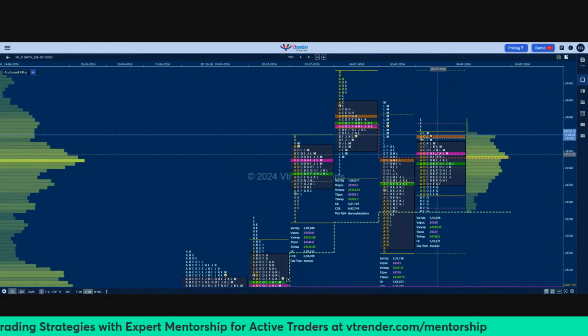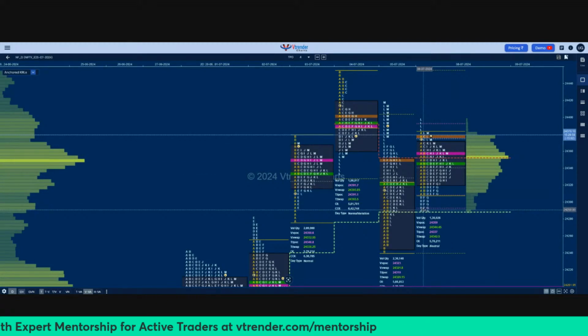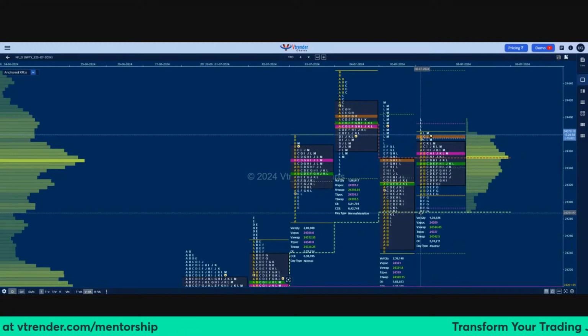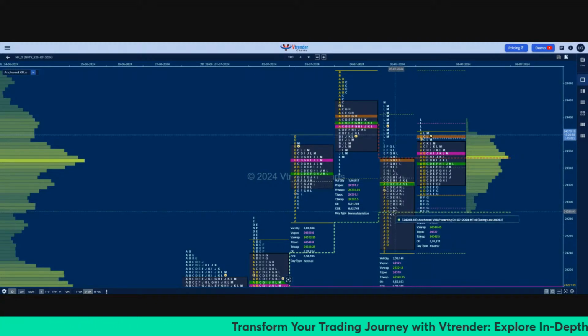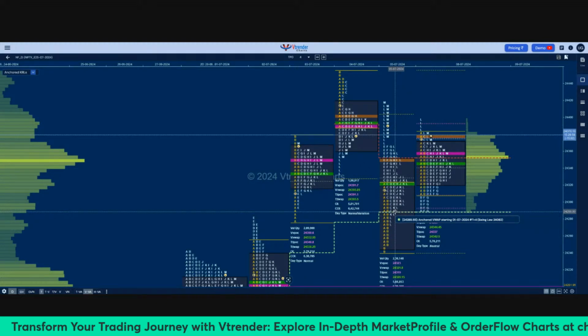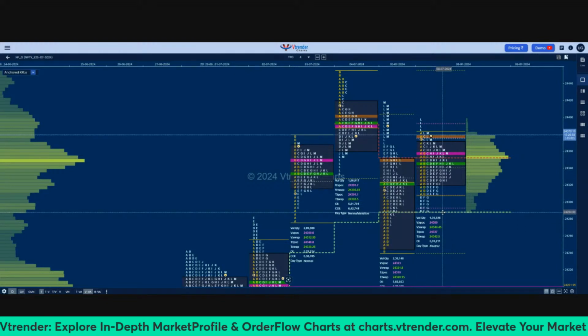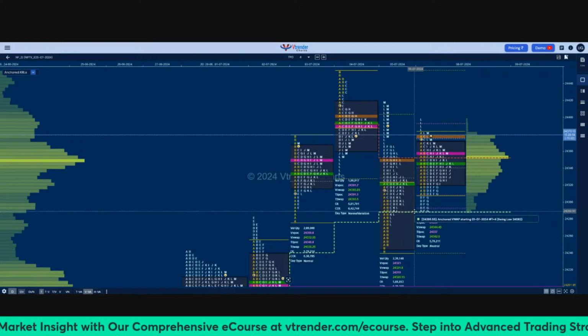We will have to then take a call on where the auction is headed. So today it made multiple range extensions lower, but you can see D, E, F, G, all of them have made similar lows, and all these similar lows are right at this anchored VWAP which we have from the 1st of July, where we had left that swing low of 24,082. So this tells you how these anchored VWAPs which we can mark